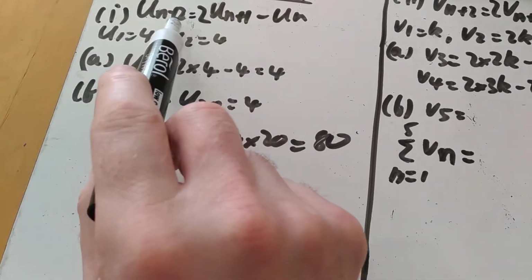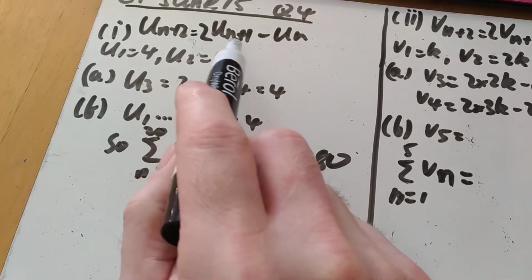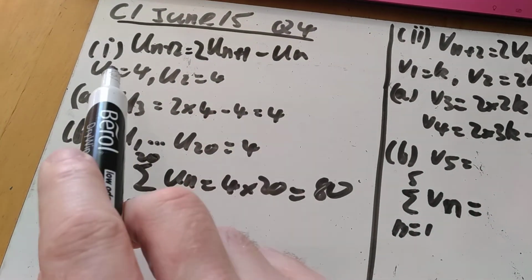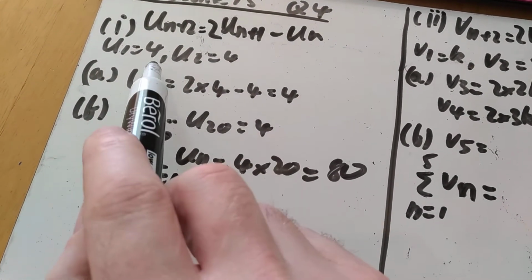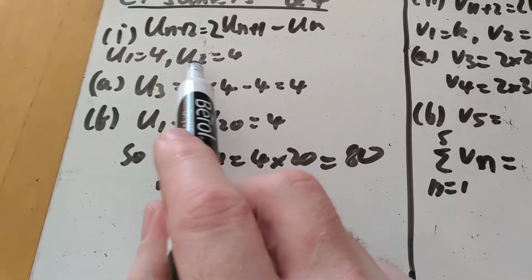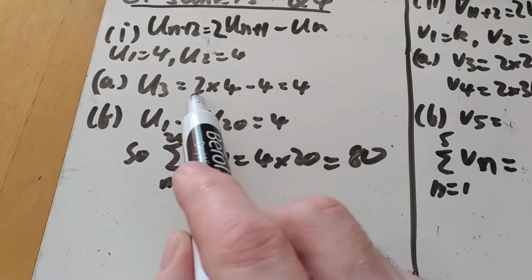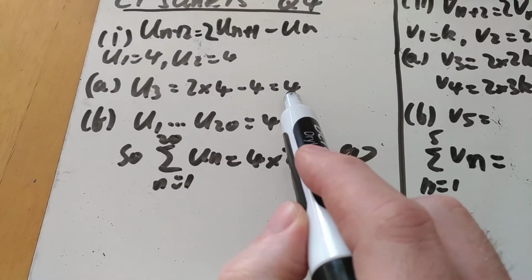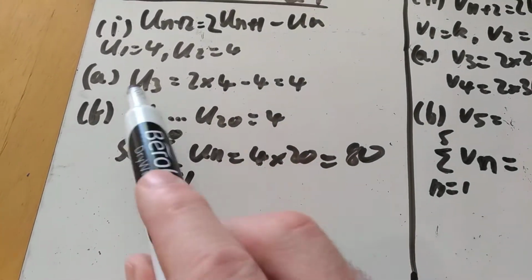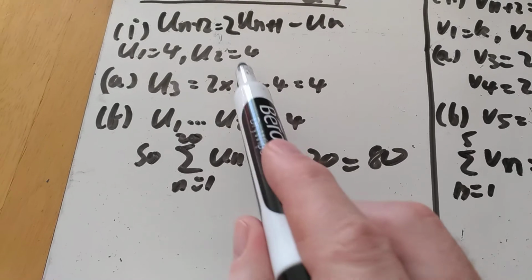So we've got the recurrence relationship given in the question, and it says u of n plus 2 equals 2 times u of n plus 1 minus u of n. It tells us what the first two terms are. We need those to generate the next few terms, and it's a simple one marker to get u3, the third term. Stick in the second, stick in the first, so it's 2 times the second minus the first, which is 4. And what's going to happen in this case, they're all 4. No matter what I do for the next two terms, if I'm using 4 and 4, I'm going to get